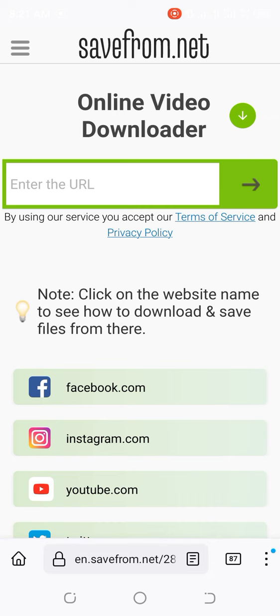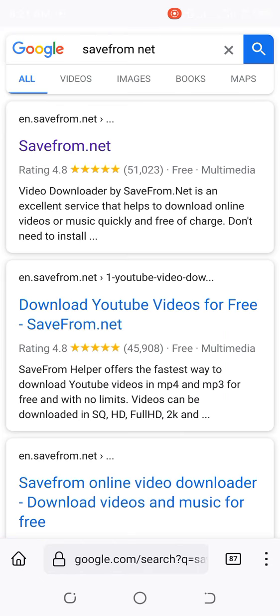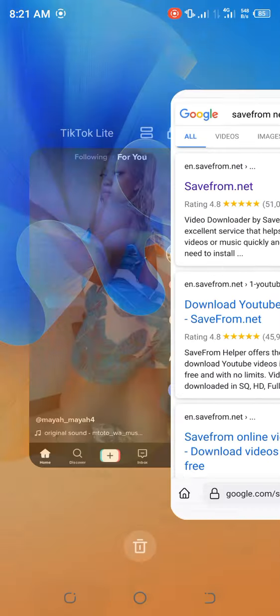Automatically, the first one, they will tell you that you can download the app, as you can see, Save From app, then continue with Firefox. I want you to download this app and install it. That is, after you've installed it, I want you to go to